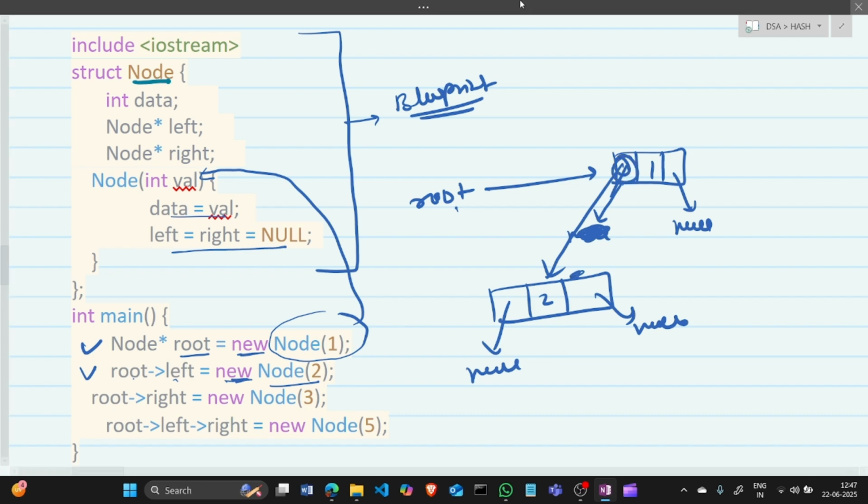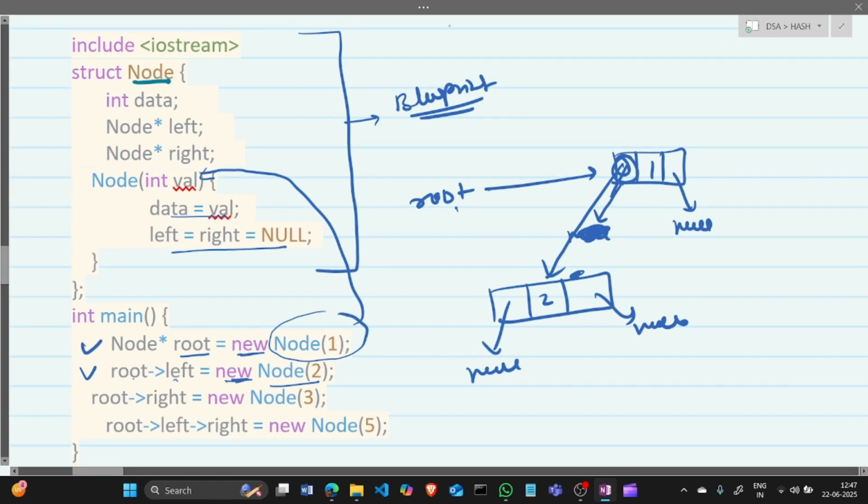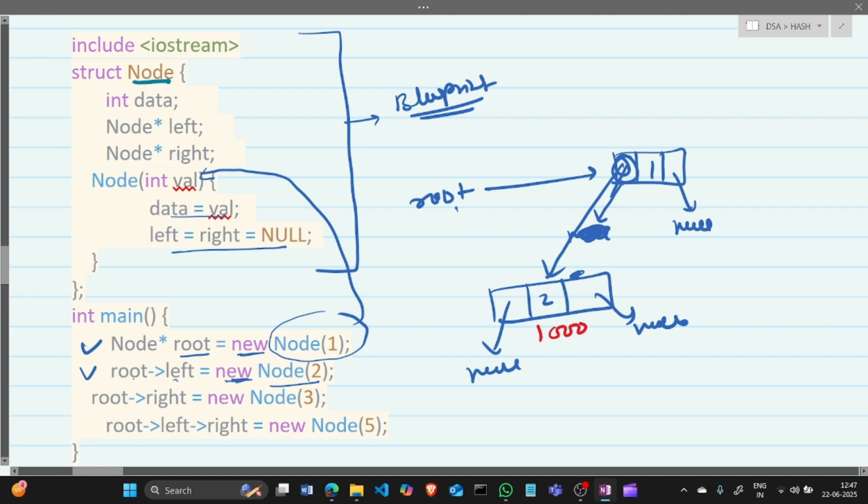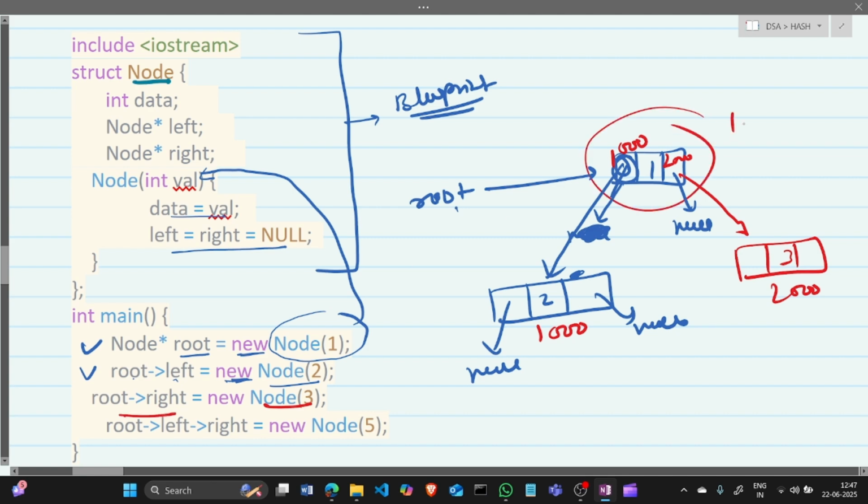Let's say its address is 1000, so 1000 will be stored in this. And let's say this node 3 has the memory address 2000, so 2000 will be stored in the right. And if this node has an address of 100, then root, which is a pointer, stores the address